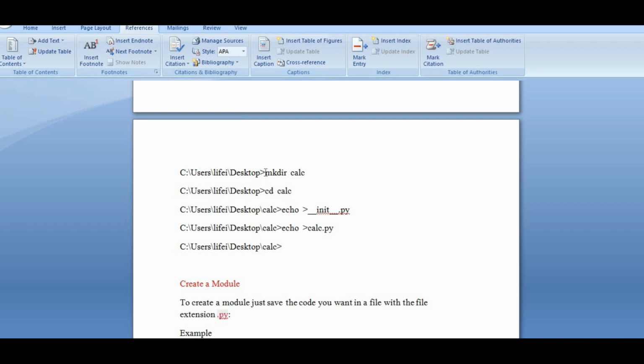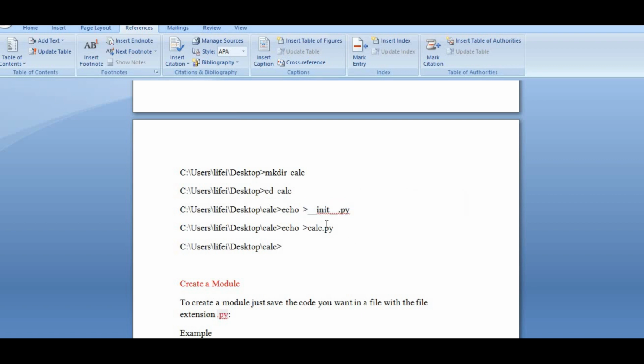And if you want to create a directory, make a directory with the name CALC. So this is my project, or this is my program. So here I am using make directory CALC, and then I am changing the directory with cd CALC, and I am using